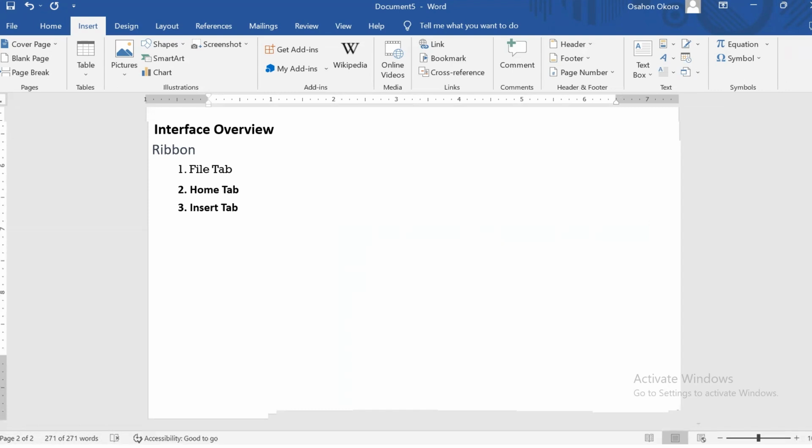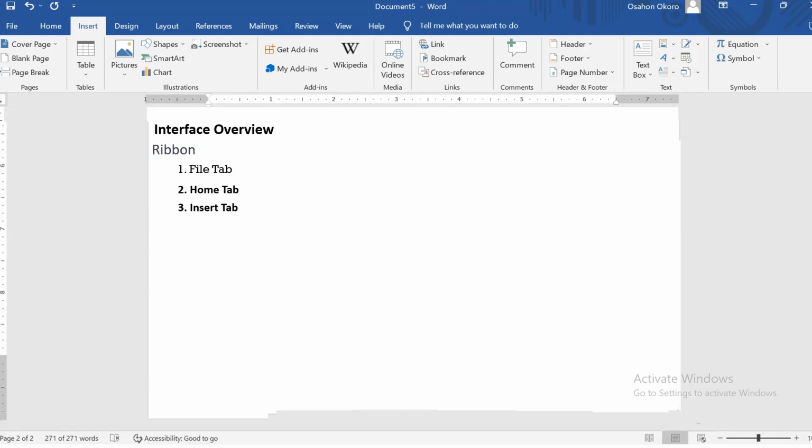Maybe you want tables to be inserted into your document. It's in the Insert tab that you have those tables. Or maybe you have pictures you want to insert into your document. It is in the Insert tab that you have the pictures or illustrations.